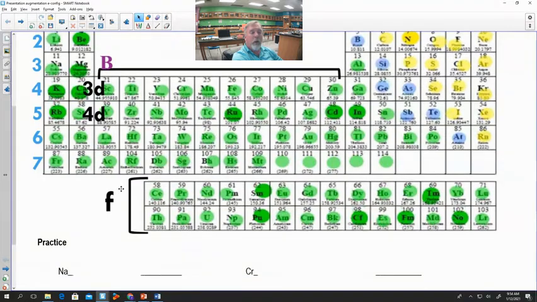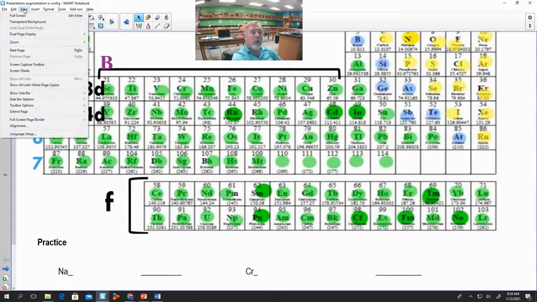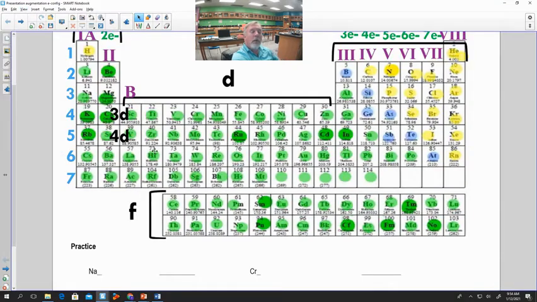Yeah, okay, well, let's look at sodium. We're going to find sodium. Sodium's up here at Na. I'm going to shrink this down a little bit so I can get everything on the screen. Yeah, there we go. So let's just read off what its electron configuration is. We're going to start like a book, at the top left. What do we have here?